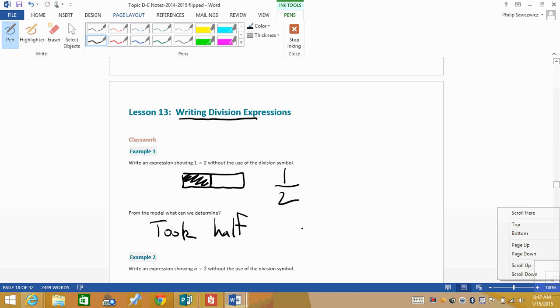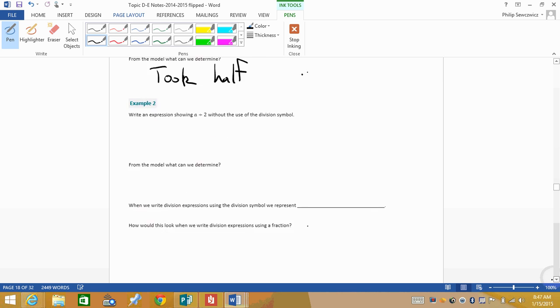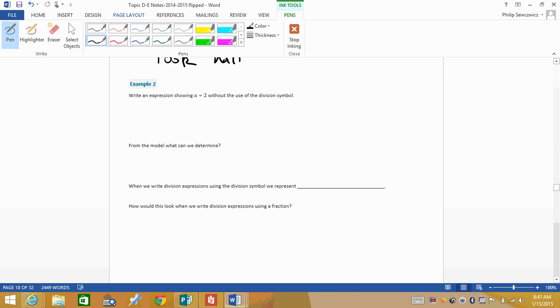So let's go down a little bit lower, and now it says write an expression showing a divided by 2 without the use of the division symbol. So again, if you're going visual, the entire quantity is a, but you are dividing into 2 equal groups. So the whole amount was a, you broke it into 2 equal groups. It's a fraction. Again, you're taking half of it. So the main thing we're getting at here is when we write division expressions using the division symbol, we represent